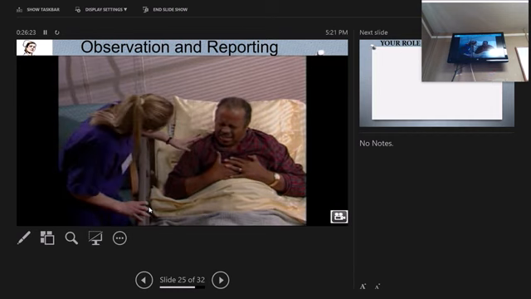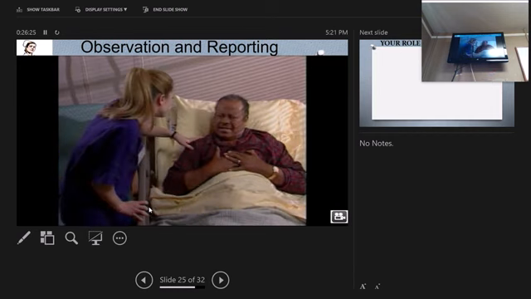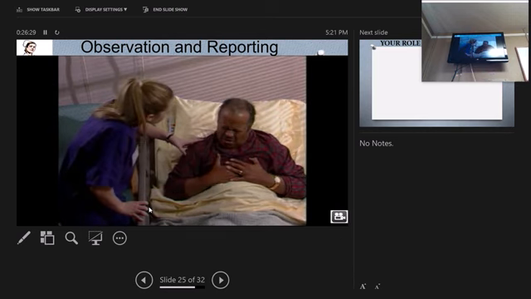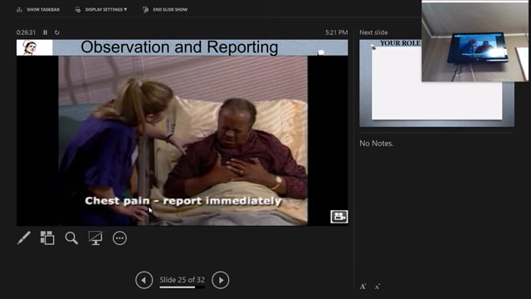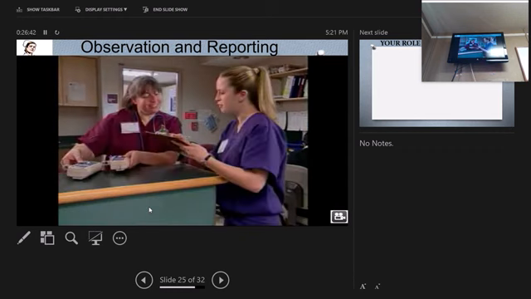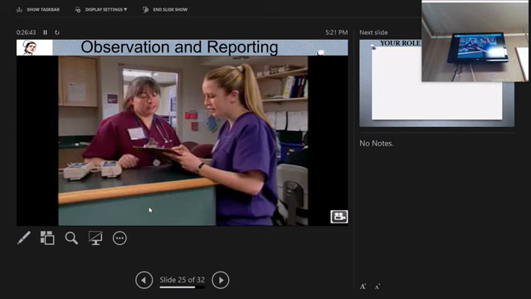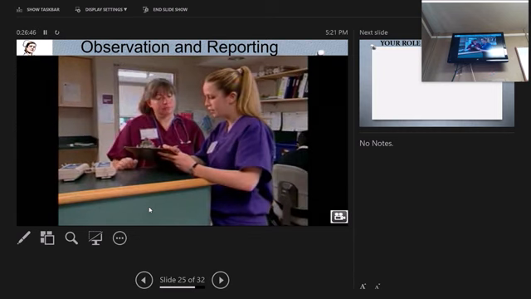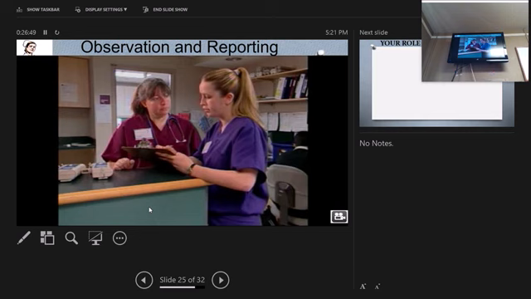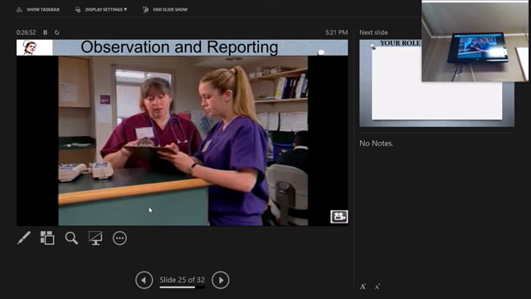Consider this next scenario. You are walking by a resident when you hear him call for help. You rush into the resident's room to find him touching his chest, complaining of severe chest pain. It's obvious that the resident is complaining of chest pain, which must be reported to the nurse immediately. What types of pain should be reported? Since we want the resident's care to be comfortable, we will want to report any pain to the nurse as